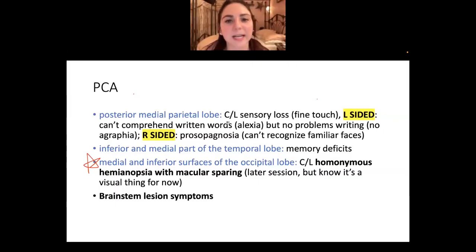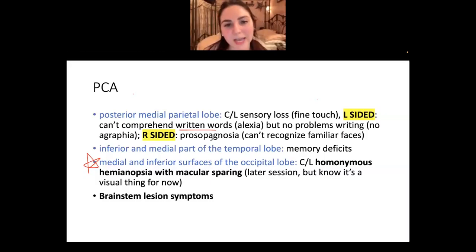Other things you can see are contralateral sensory loss. If it's left-sided, you can't comprehend written words, which is called alexia, so remember from Gerstmann syndrome. But you don't have problems writing, so you don't have agraphia. So they call it alexia without agraphia. It's weird. It's one of those weird parts of the parietal lobe that the PCA can affect. And then if it's right-sided,